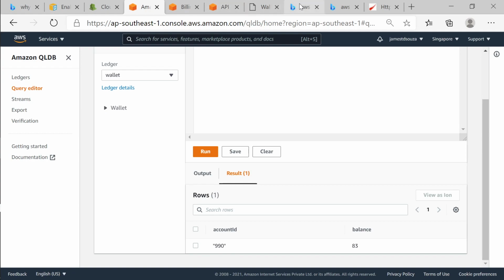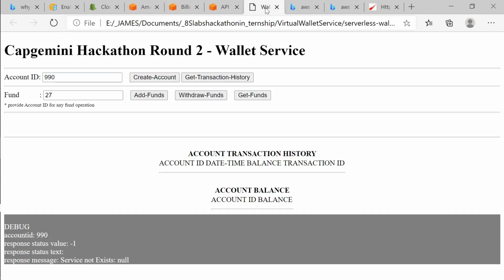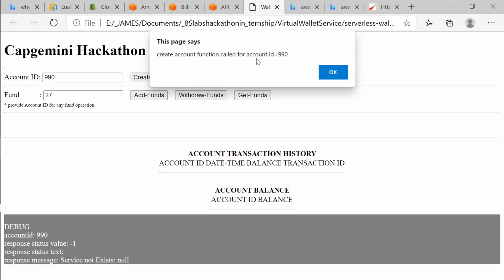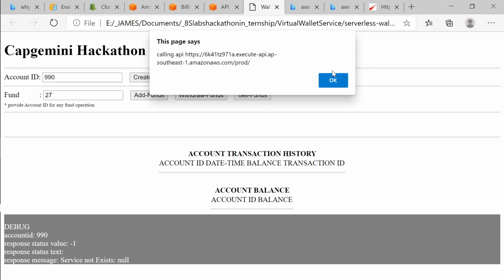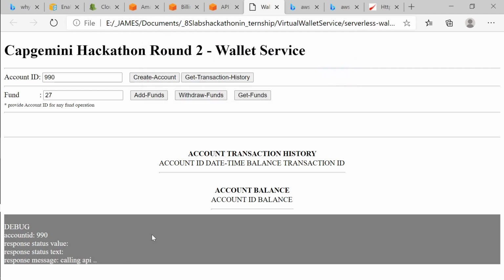So now I will test the other two functions. This is where I was stuck. I want to get funds, meaning get the fund balance to me. And get transaction history means get me all the records for this particular account number. So get funds, this is the account ID, this is the format. It should ideally give me the balance, and I get -1. Because I'm not getting the response, I'm not able to get this.